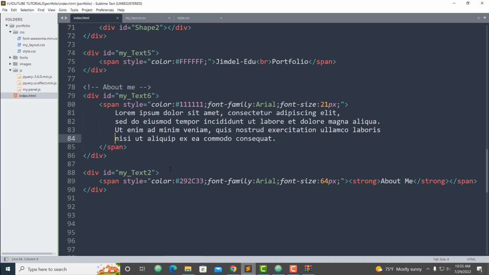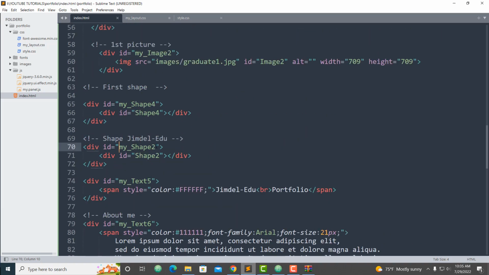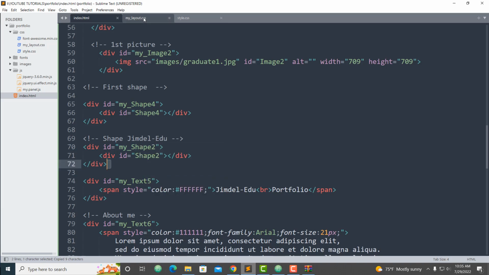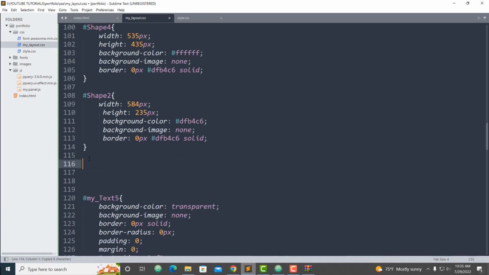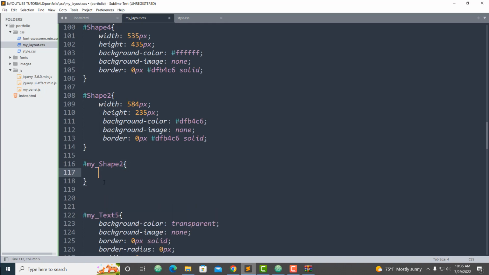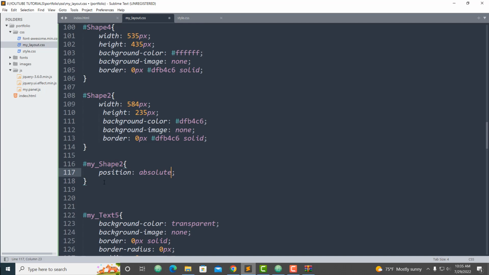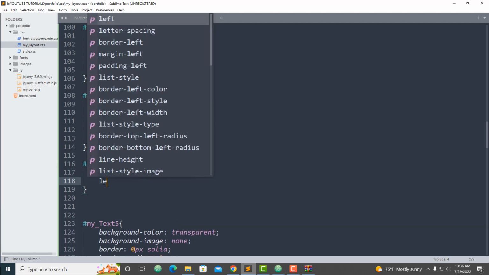Looking for shape tool. Okay, yes, we need a my shape tool. Okay, copy, because we have a shape tool. Let's go here and paste my shape tool. Okay, let's fix that and put the position absolute, and put left